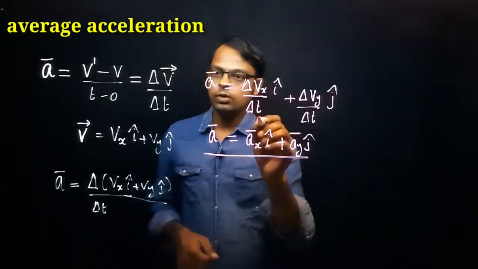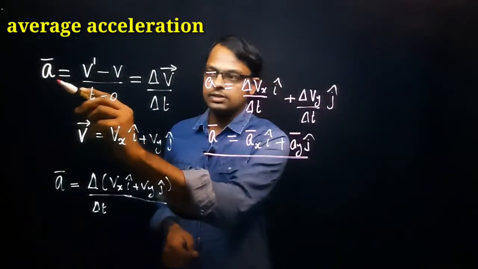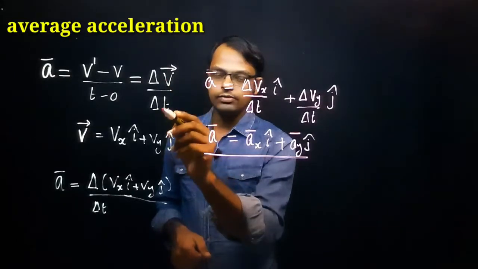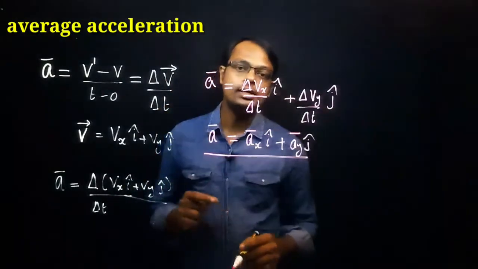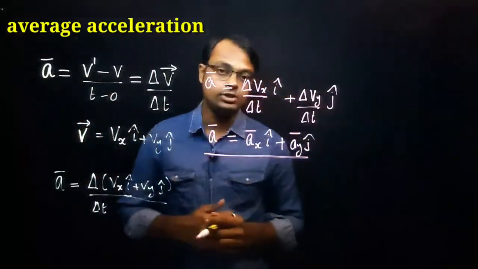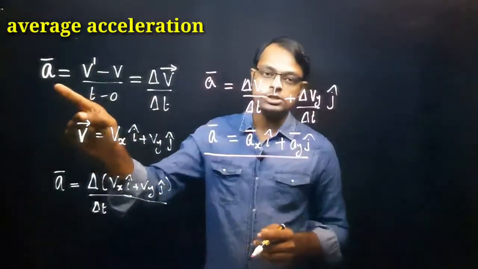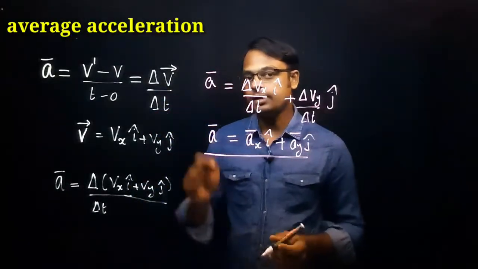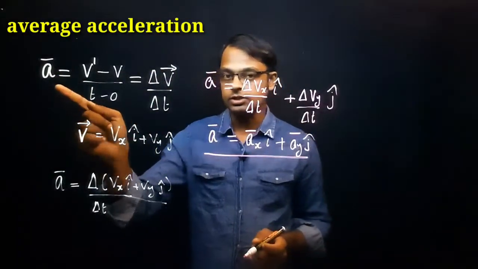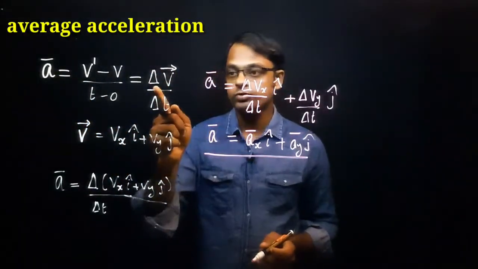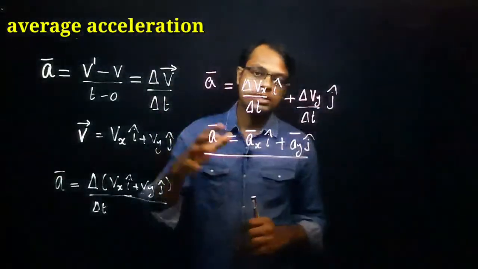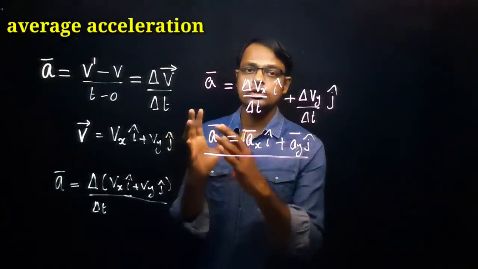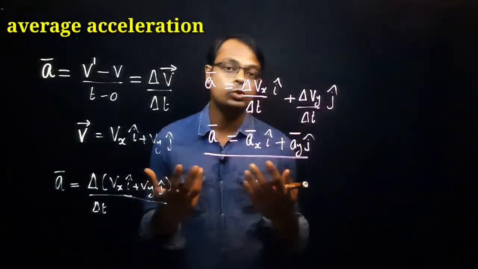We have resolved it in a plane. So as we already wrote, average acceleration is equal to change in velocity by change in time, right? So delta v vector divided by delta t. So what is the direction of average acceleration? The direction of average acceleration is the same as the direction of change in velocity. So this is regarding average acceleration. This is nothing new here. We have just discussed the rectangular components, or in terms of orthogonal vectors.